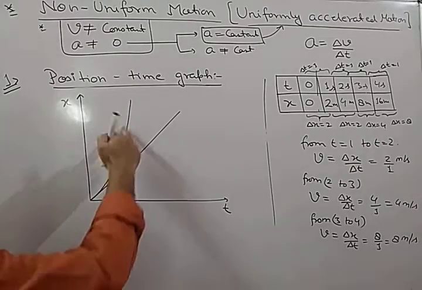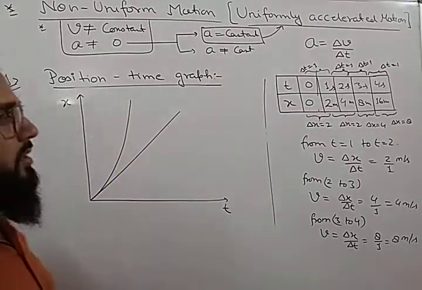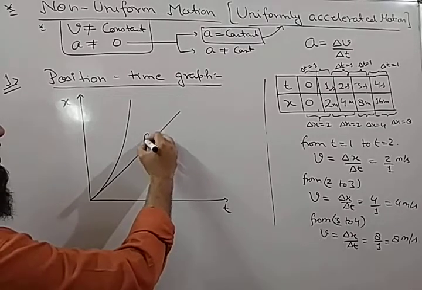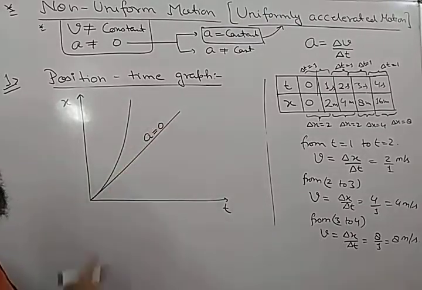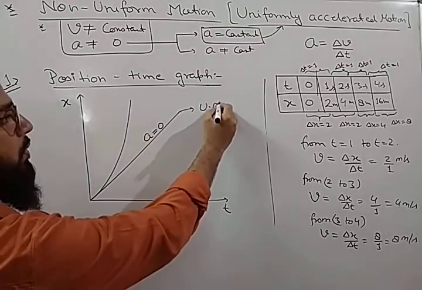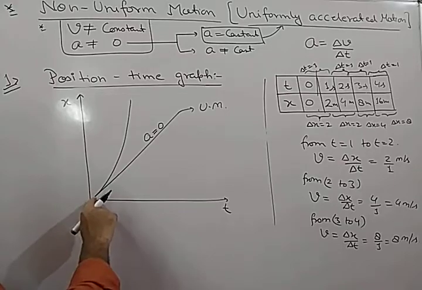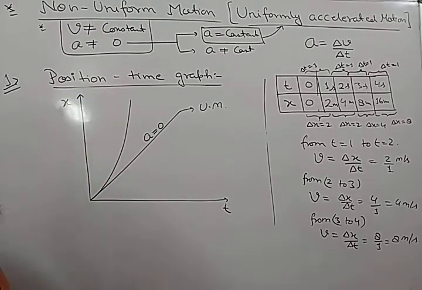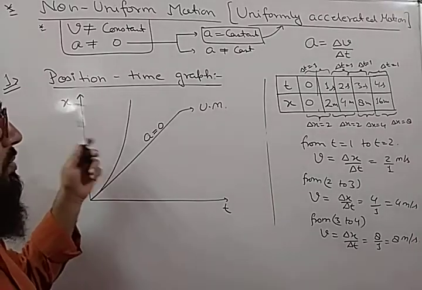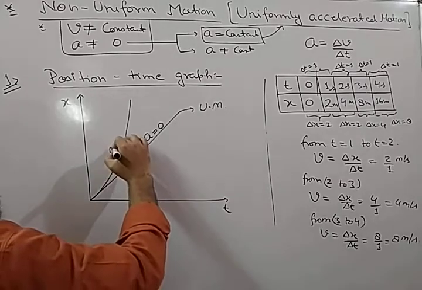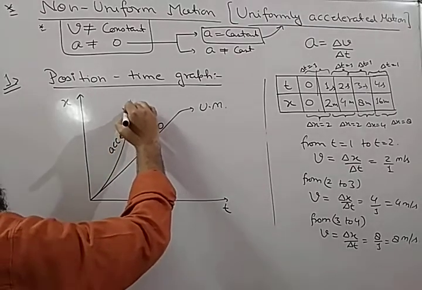I am not drawing the table for the third, that is for deceleration. I am just drawing the graph on the same graph paper so that you can remember it. So this was the graph of acceleration equal to 0. Position time graph, when acceleration is 0, was the graph for uniform motion. Now when we take this graph in the curved shape moving upward, what does it mean? It means the body is covering more displacement in less interval of time. It means it is non-uniform motion, and this is the condition of acceleration.